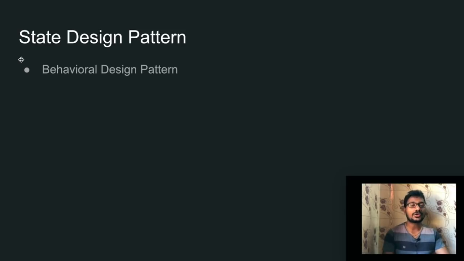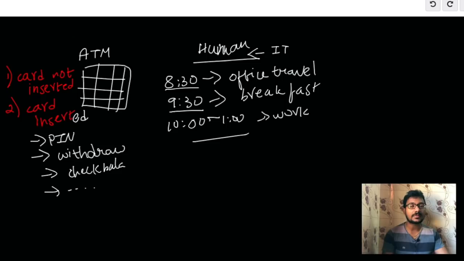So first point is behavioral design pattern. State design pattern falls under behavioral design pattern. The reason behind that is, based on state, the behavior is completely changing. So here card not inserted, so you can't do anything. You can just view the promo videos on ATM display machine. If you have inserted a card, and then if you have given your correct PIN number, then you could do withdraw option, and you could use withdraw, check balance, and other features also. So based on internal state, the behavior is completely changing,